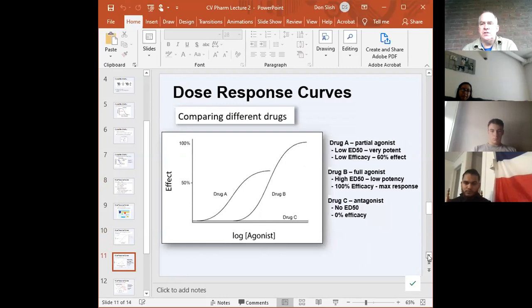So drugs can have different ED50s, just like they can have different KDs and different amounts of total effect. Now in binding, you always get maximum binding, Bmax. You get a high enough concentration, you're going to bind all those receptors no matter what your KD is. But here in dose response, you've got this,